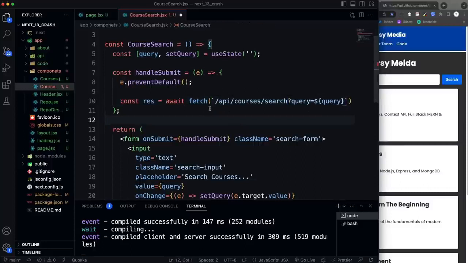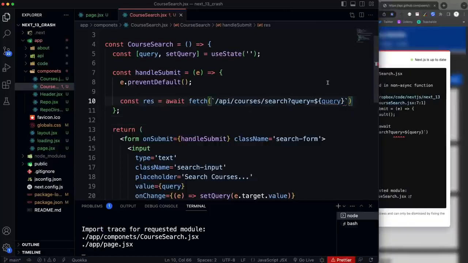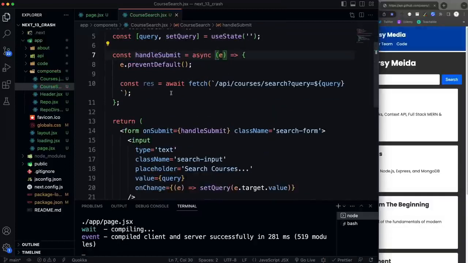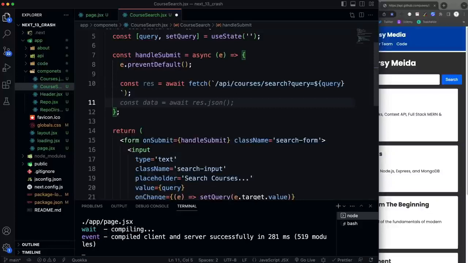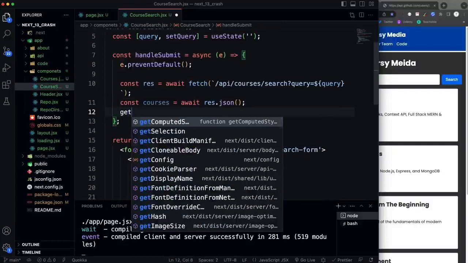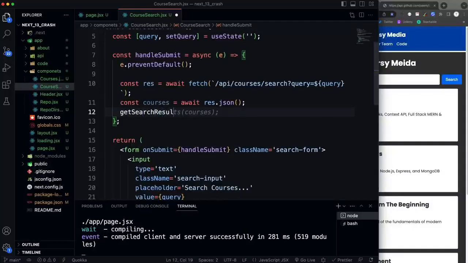What am I missing here? For query. Oh, this needs to be async. There we go. All right, so we have our response. Now we want our data, our JSON. So let's say const courses. Set that to await res.json. And then what we're going to do is have a function called getSearchResults and pass courses in,